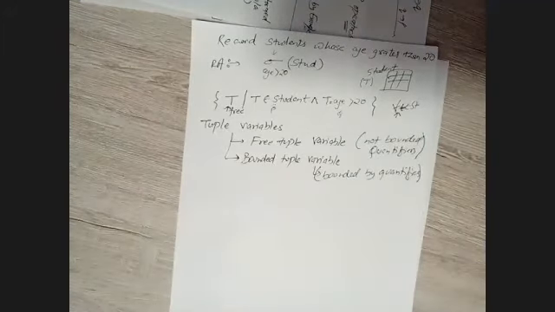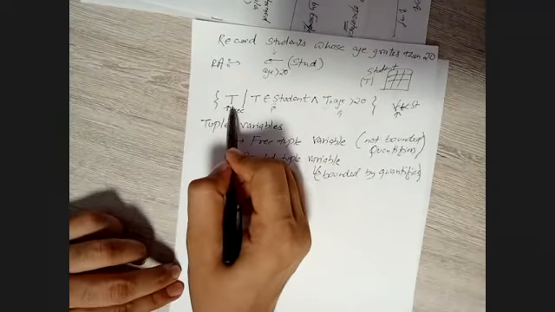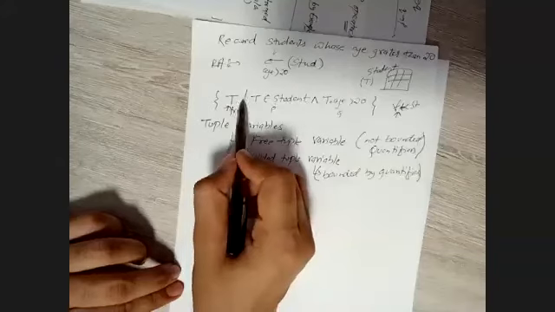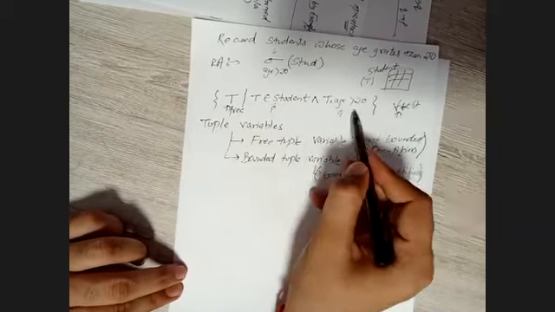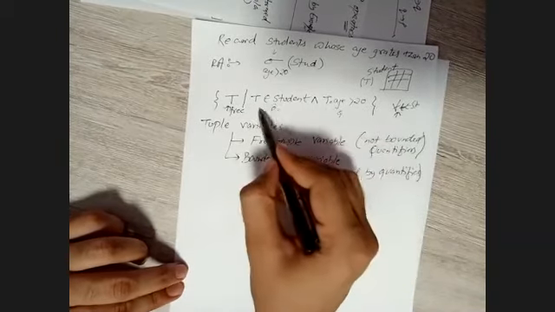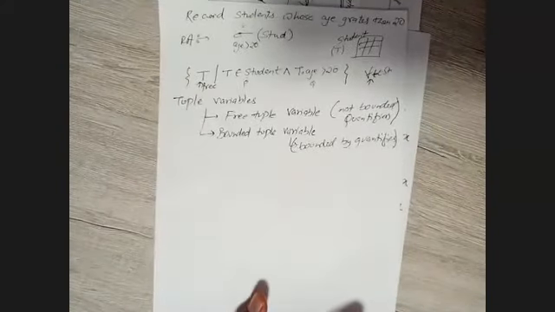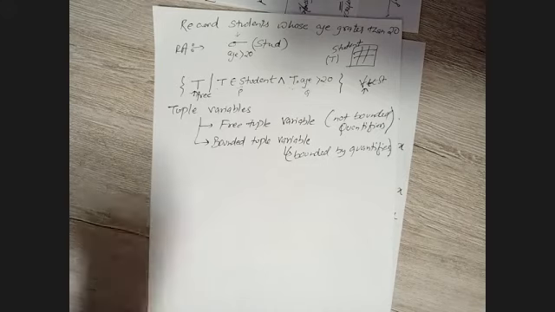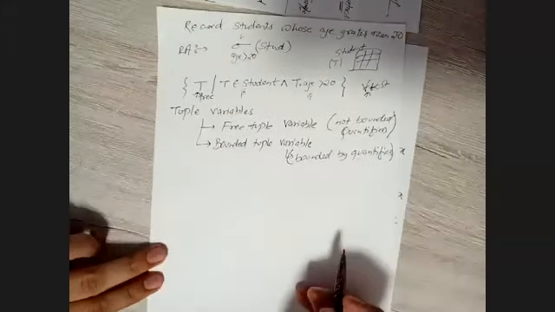Understood? And remember one thing: the tuple variable in the result part must be a free variable. It cannot be a bounded variable, but in the condition part you can have bounded as well as free tuple variables. We have to solve more examples, and it will probably take one more class. We will formulate around 6 to 7 queries and write the TRCs for them, and we will be doing that in the next class.